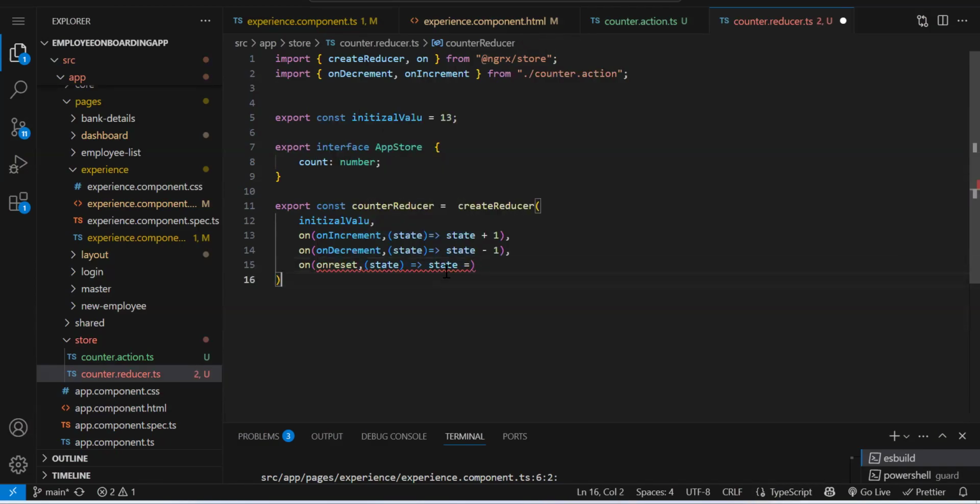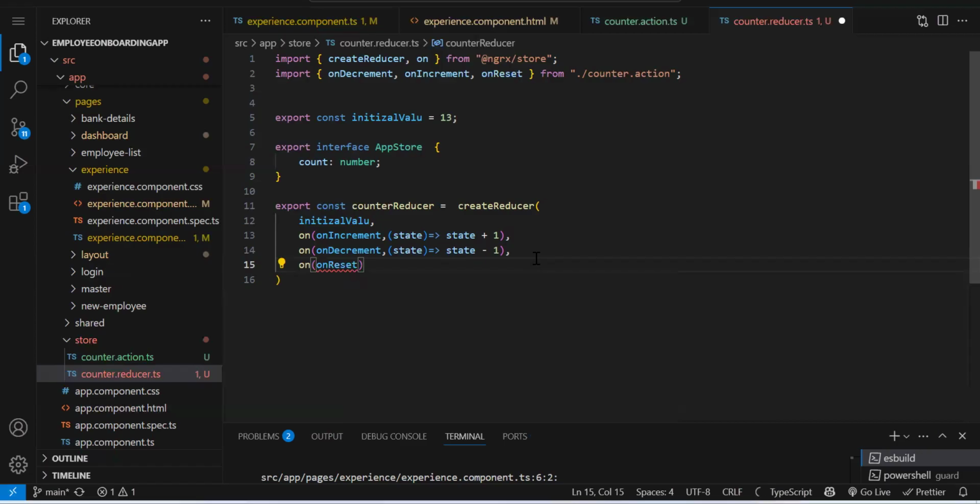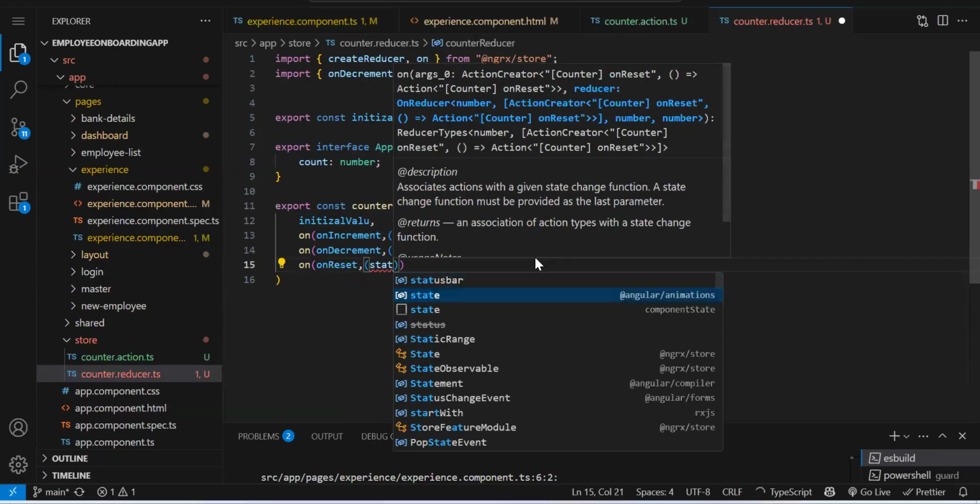It's like the existing state value we got over here, or the initial value we have to pass. No, something is wrong. Something else was imported.